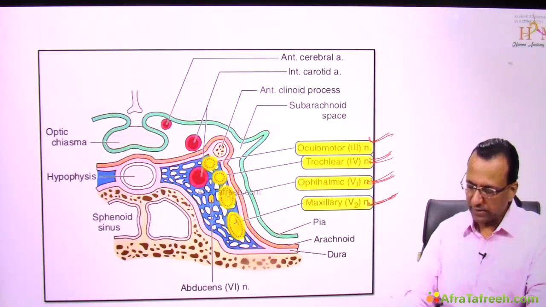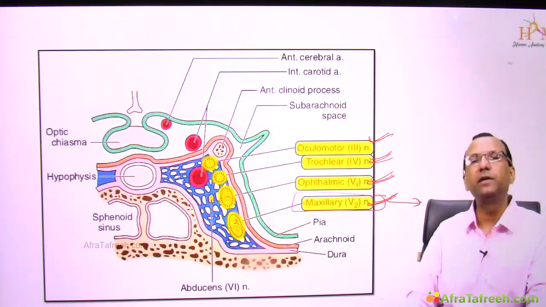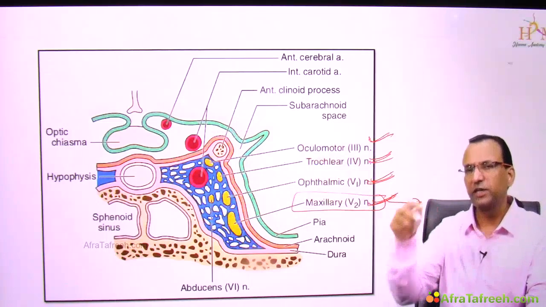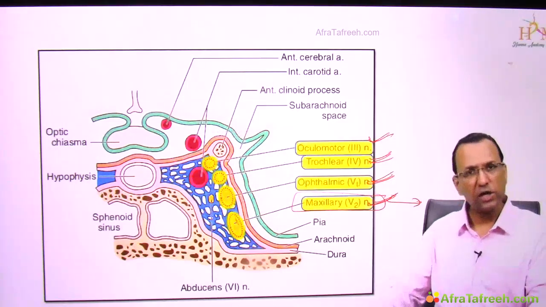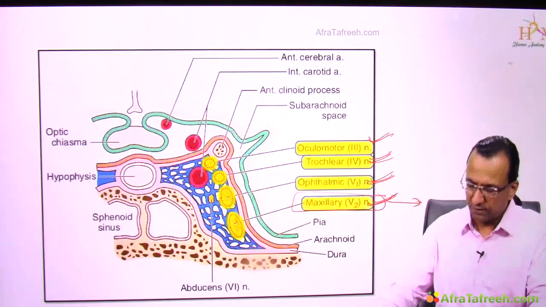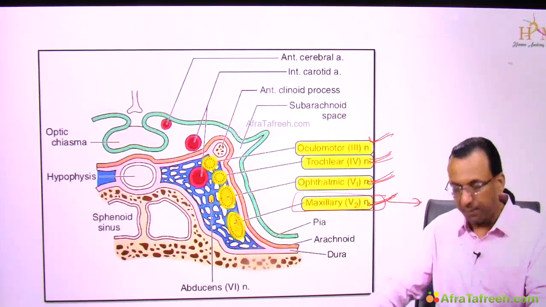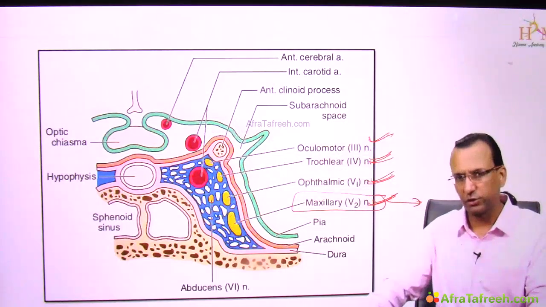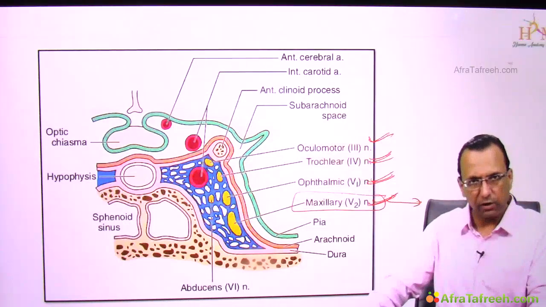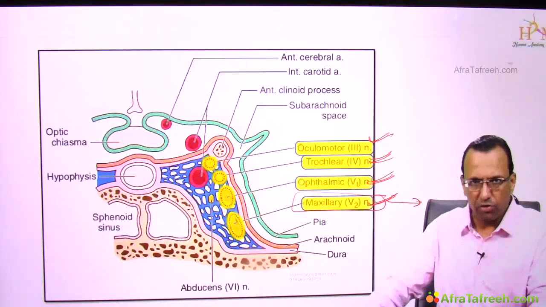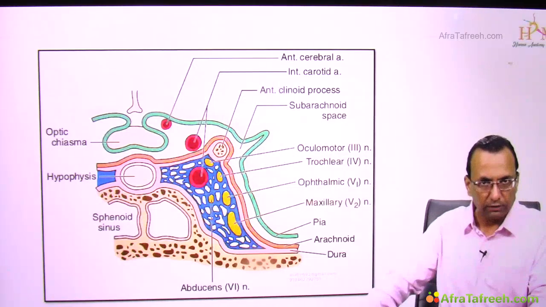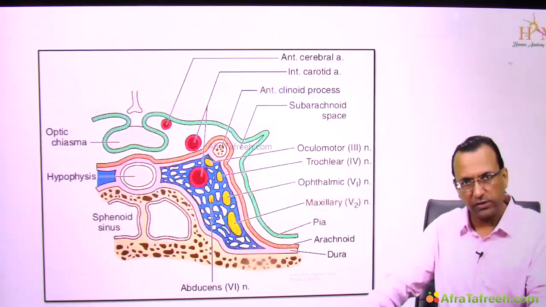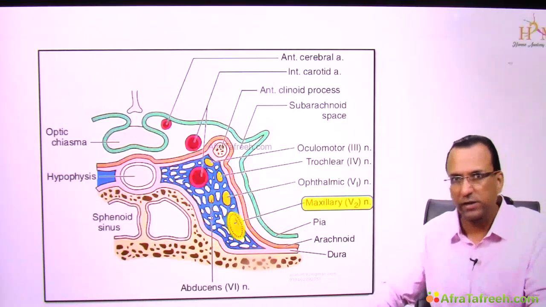Then what about the maxillary nerve? Maxillary nerve in some people may be outside, but here it is inside the cavernous sinus. It may or may not be a content of cavernous sinus. So keep it inside if possible, and if it is not possible, take it outside. It depends upon the type of question. Practice more MCQs. That is the only advice I give to my students. So maxillary nerve is a content of cavernous sinus according to Harrison 20th edition? Yes. But it is outside the cavernous sinus according to the 41st edition of Gray's Anatomy? Yes. Don't follow Gray's Anatomy here.